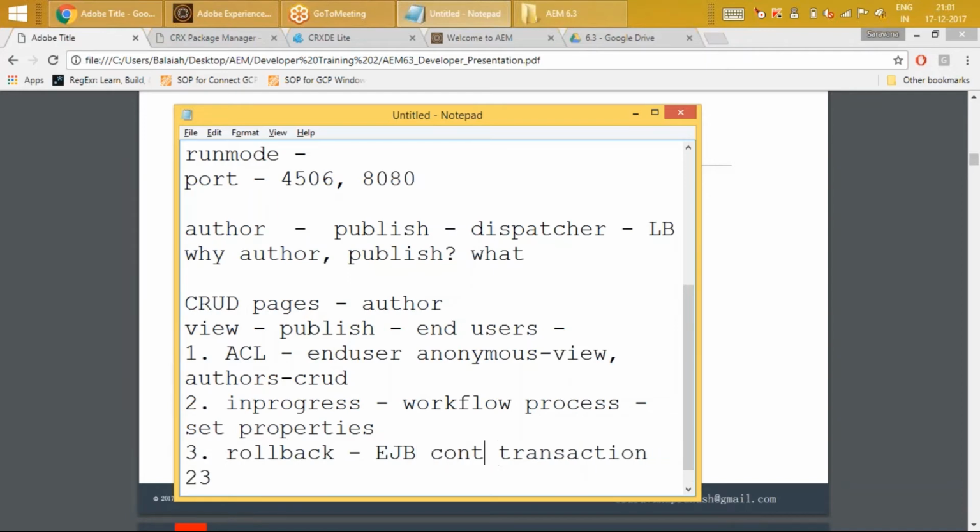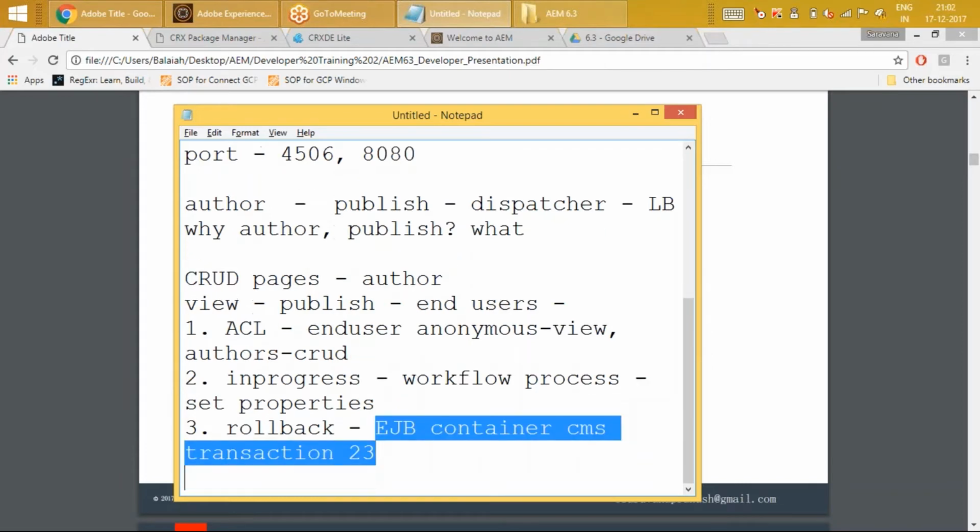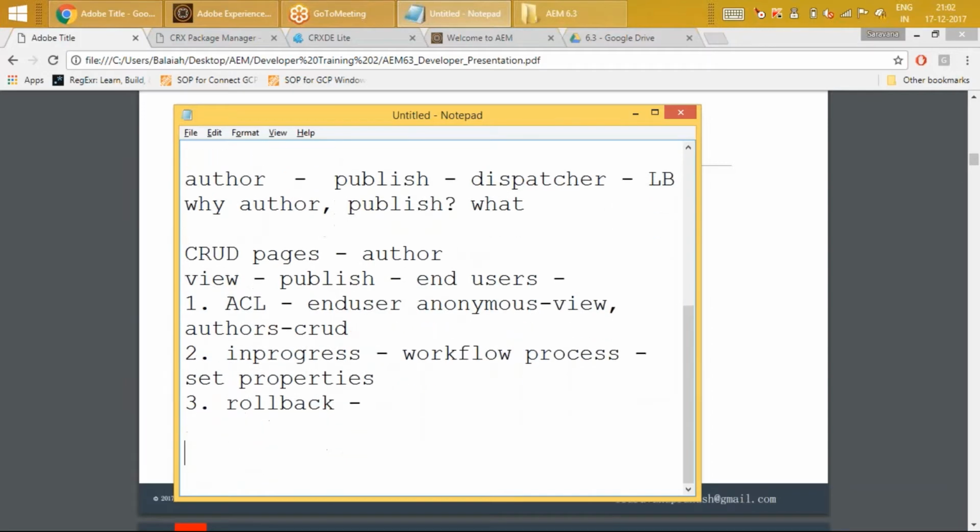How does EJB do this when it has only one container? EJB does everything within the same container. It has only one container, and it has a very powerful rollback mechanism. This was created very long back, before the CMS guys. The CMS guys could have simply copied how it was implemented in the EJB layer. Rollbacking is a reason. Yes, rollback. I should have a very powerful rollback, but I need not go for 2 instances or 2 servers to do a rollback. EJB is able to do this rollback within a single server. Why not in the CMS world? Why did you want to create an author and a publish?